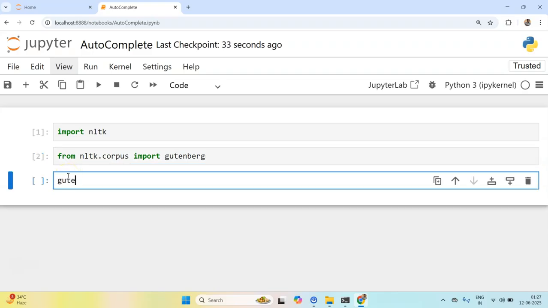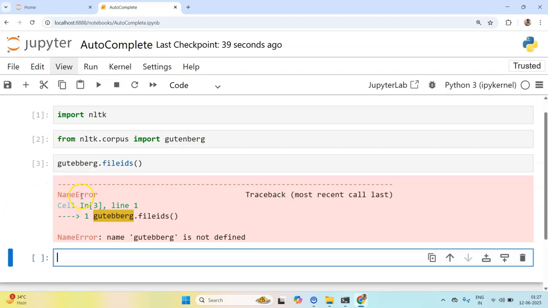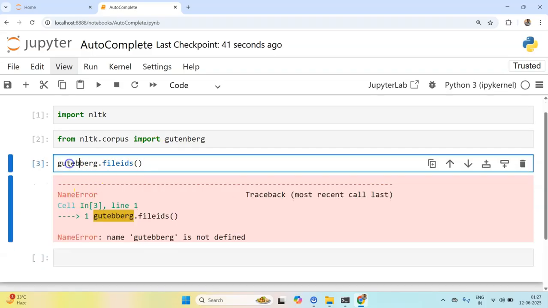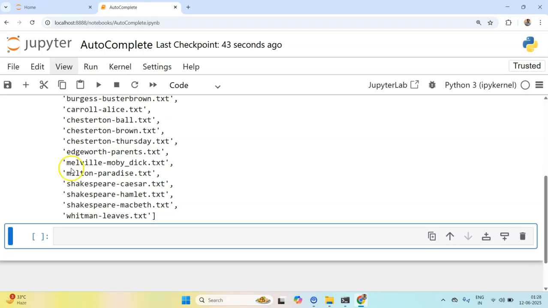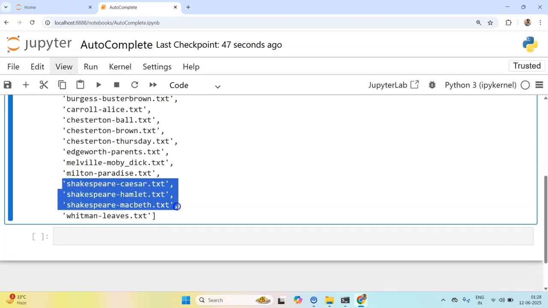Okay, so let's look at gutenberg.fileids. Okay, so we have three works of Shakespeare.